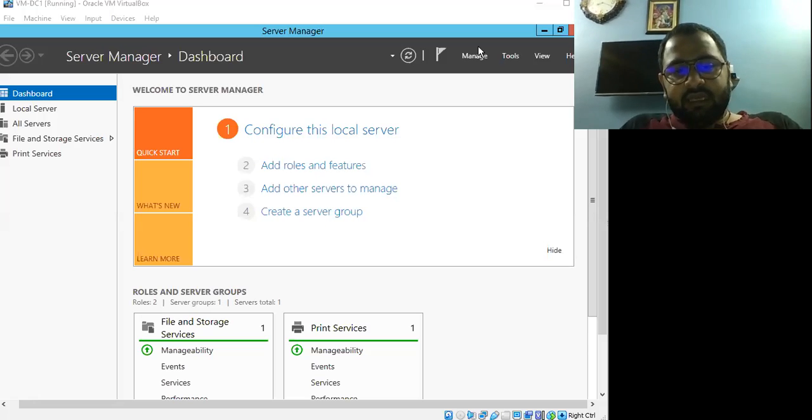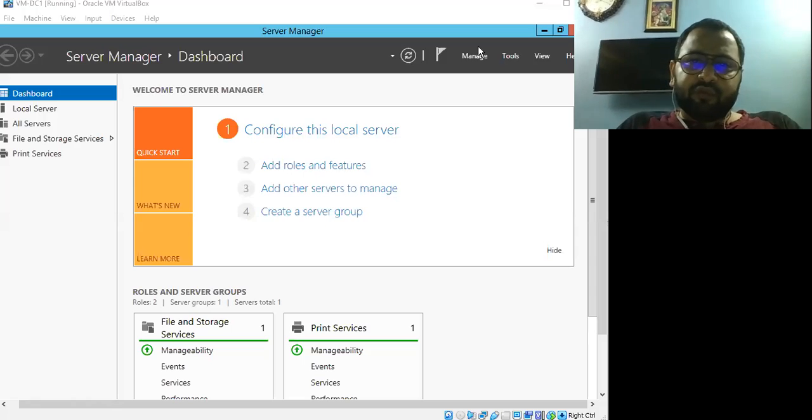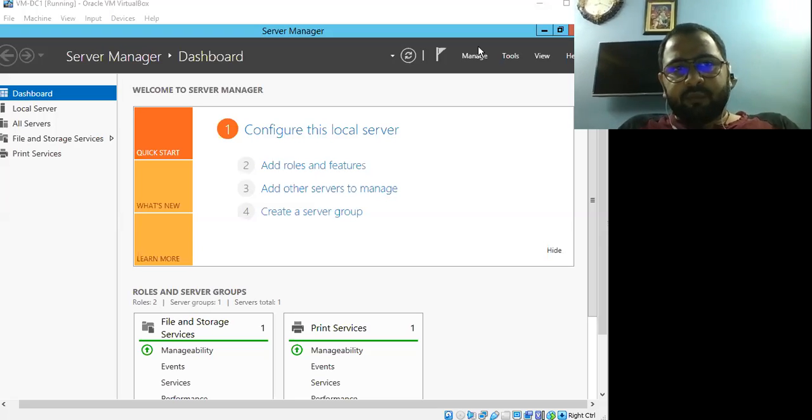Basically, Active Directory is a directory service that centralizes the management of users, computers, and other resources or other objects in a network, right? The primary function of Active Directory is to authenticate the users and computers in a network.